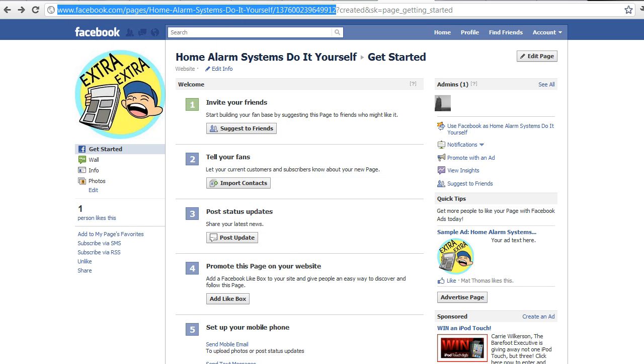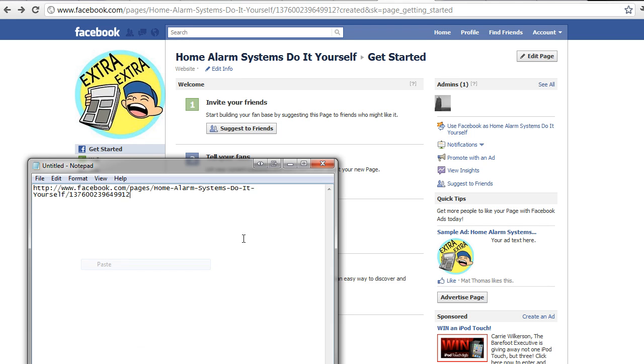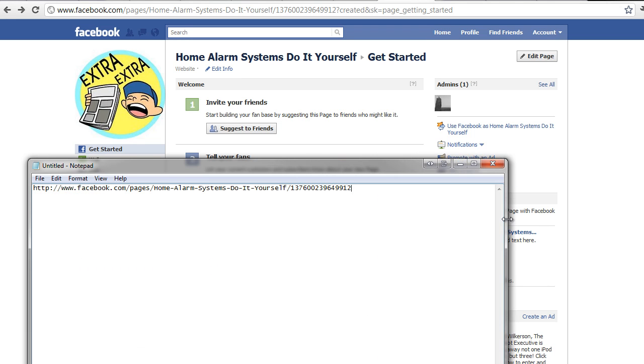And you might want to open up a text pad, pop it in there and keep a record of that, maybe pop it into that spreadsheet that we're using to keep track of everything, so that you've got the URL for your new fan page. Now later on, once we've got over 25 likes, we can change this so that we can get rid of the number and the pages, and come up with a keyword based name, which is called a vanity URL. But we're not going to do that yet. We need 25 likes for it, but it is worth taking a note of this, and we need it